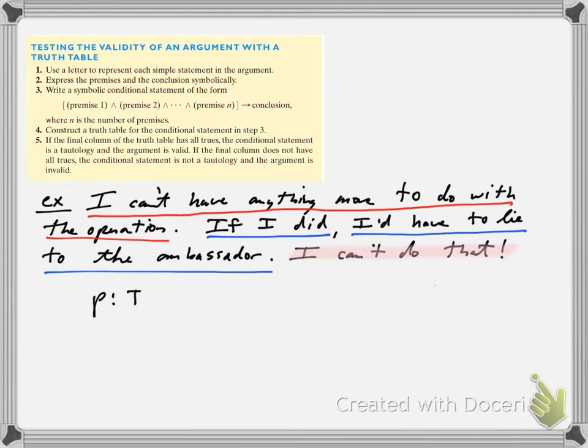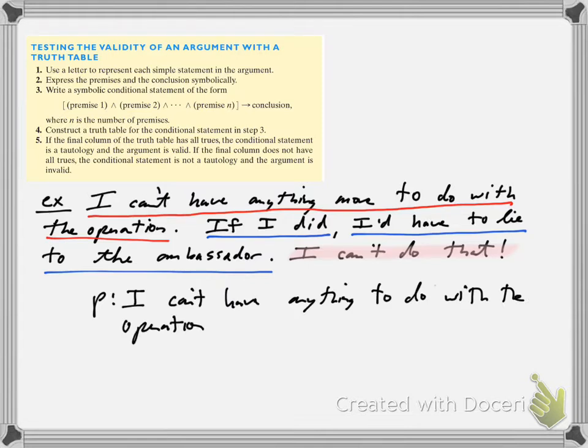One, I can't have anything to do with the operation, whatever this operation they're talking about is. And then Q is, I'd have to lie. Okay? So if these are my two individual statements, they're not compound statements, they're just simple statements, then the premises, going up here for a minute,